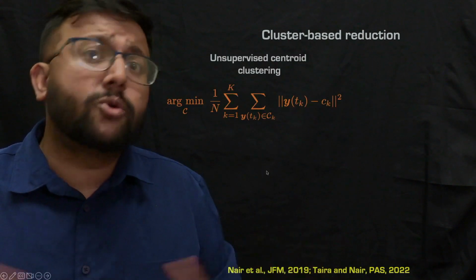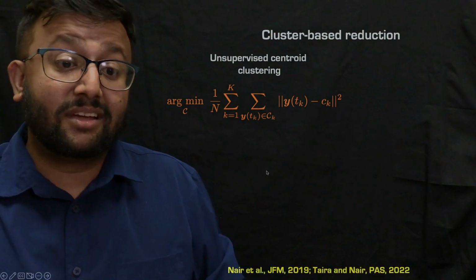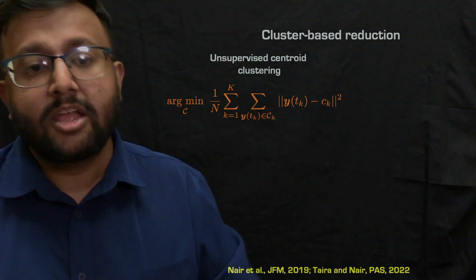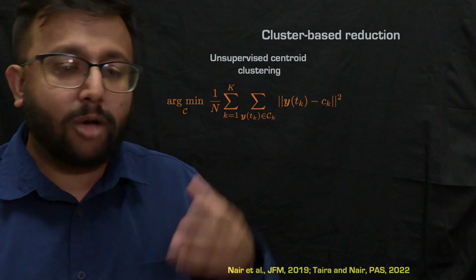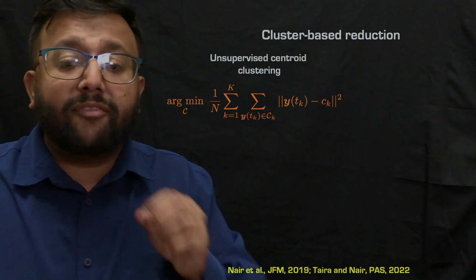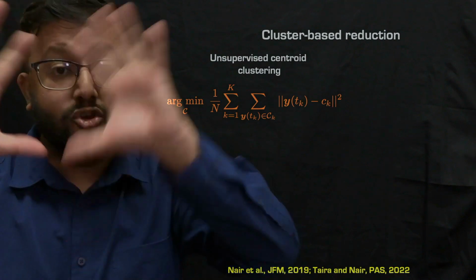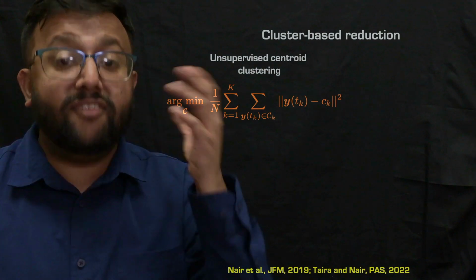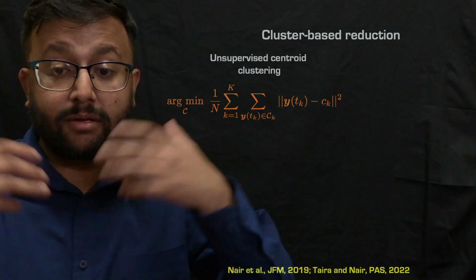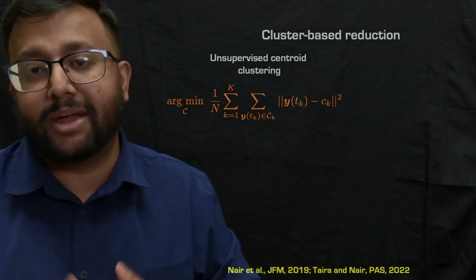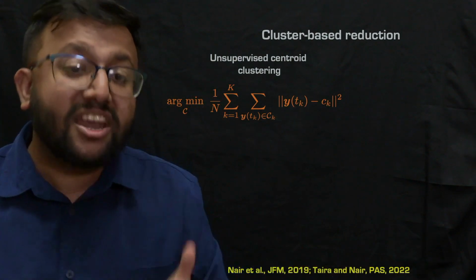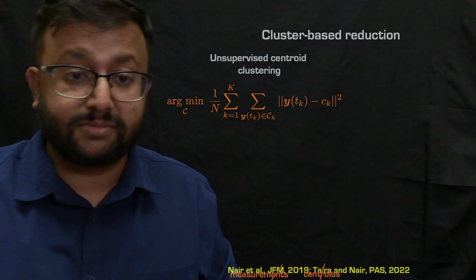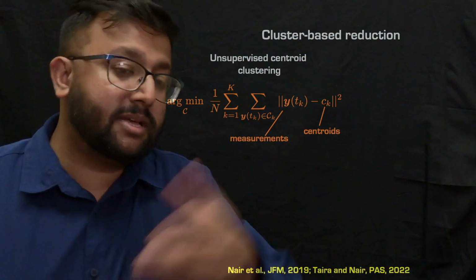So what you can do is you can perform unsupervised centroid-based clustering of the phase space of the system. Which means if you have these output observations, which is y, you can figure out the centroids in your measurement space that minimize the inter-cluster variance in your data, basically, right? So if you have your data, I want to figure out the centroids in this data that have the least inter-cluster variance, right? So you can see here are the measurements y.